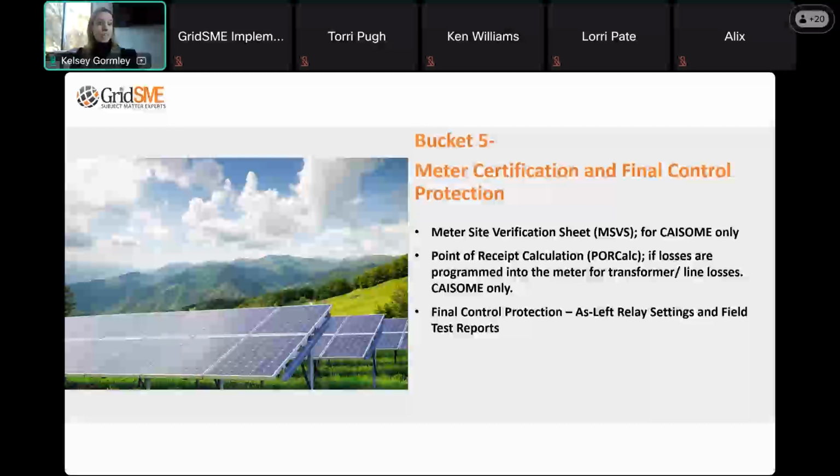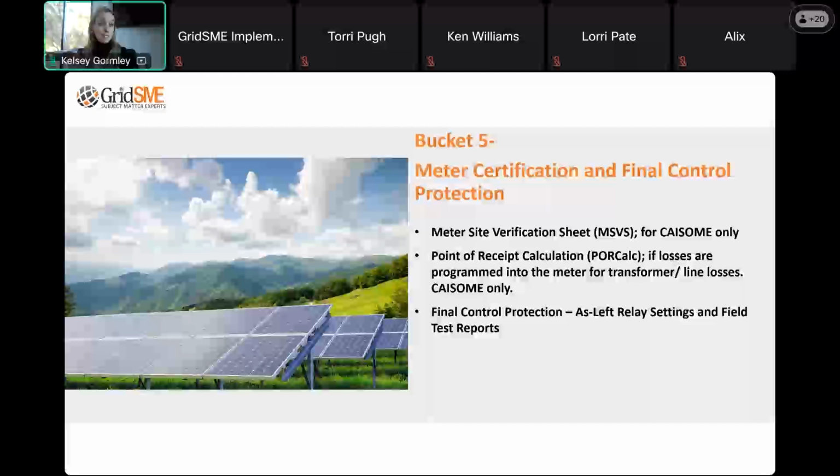sealed by a CAISO certified meter inspector once they've been validated through ops procedure, I believe it's 5710, that the CAISO meter inspector has to go through. Normally this happens during the point-to-point test with CAISO. So there'll be a rig portion of that test, and then there will be a metering portion of that test where the meters will be validated as well if we're a CAISO metered entity.